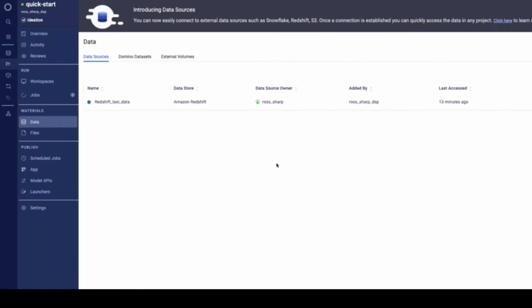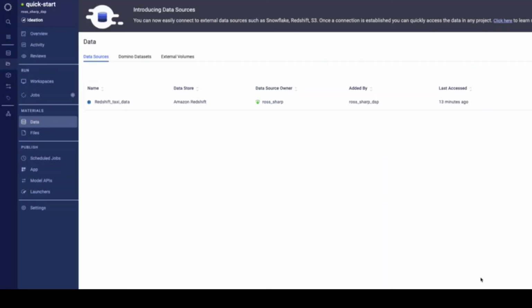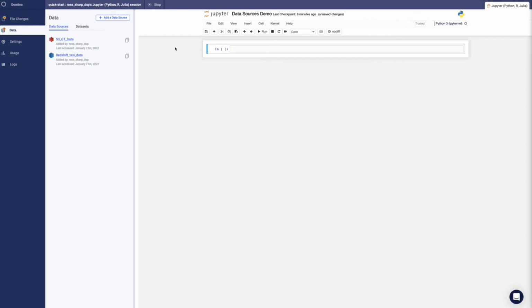I will now add an S3 data source to my project. As you can see here for this S3 bucket, this requires personal credentials, which I have already previously entered into Domino. And Domino has automatically validated them for me. Any credentials that are entered are then always associated with that particular data source and are securely stored within a secret store. I have now spun up a new Jupyter session from within this project, and as you can see